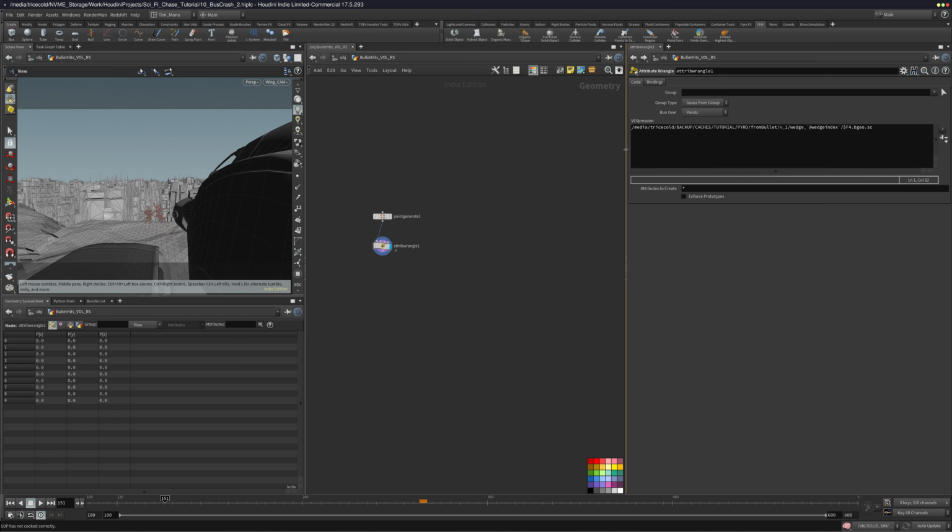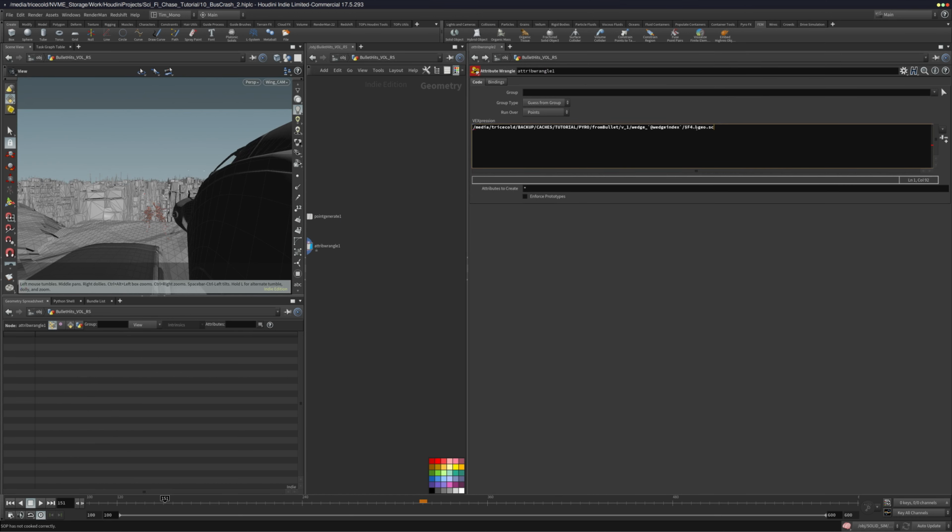So that's my address, right? I want to use $F, that's correct, but I want to change my wedge index with my sprintf function, which is going to be at point number, to be honest, because I don't care, it doesn't change. So that means as an instance file equals